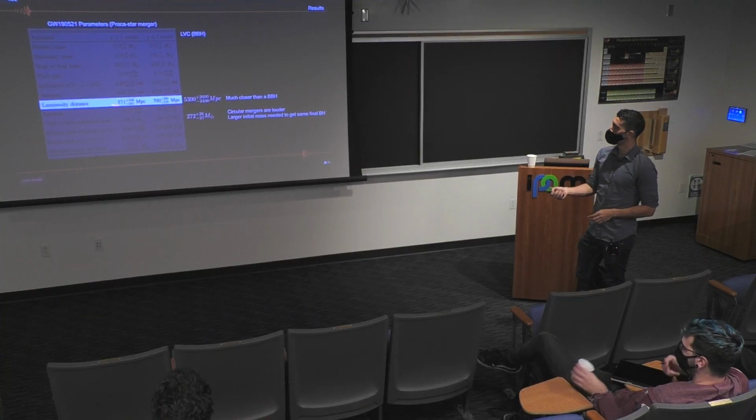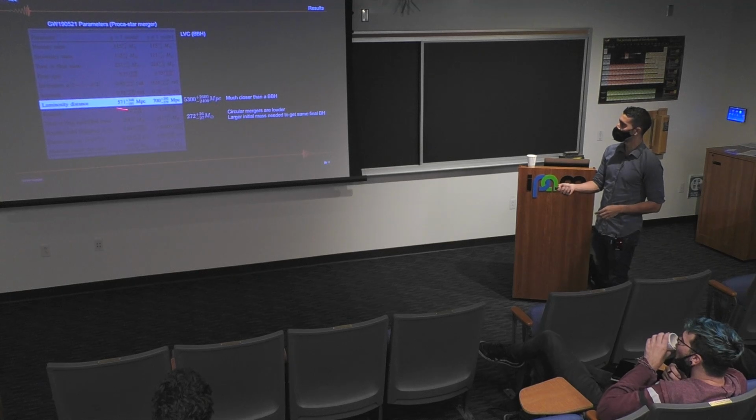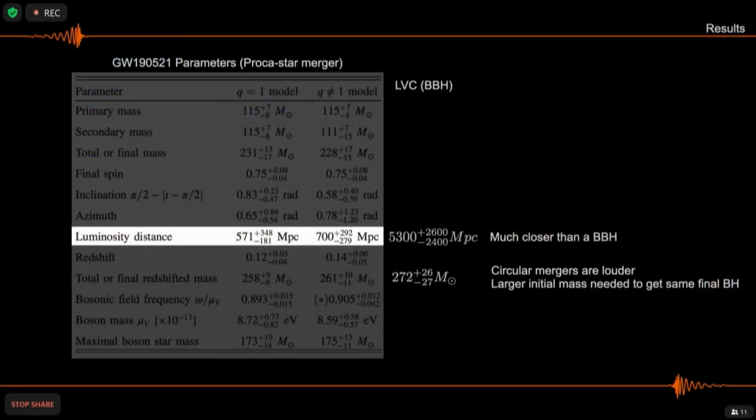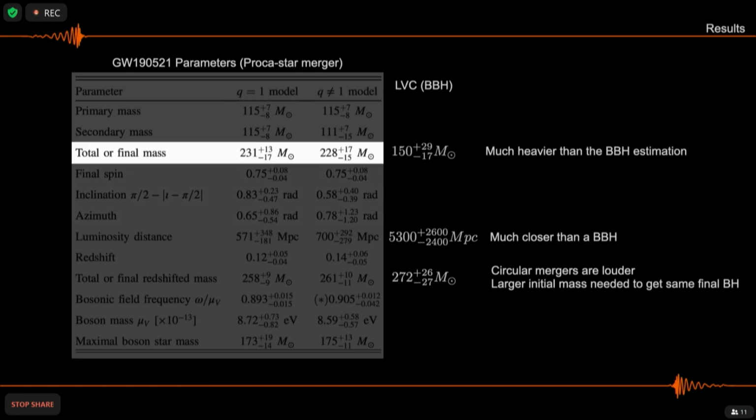Because the emission is much, much weaker, you're going to infer a distance that is much smaller. So it's a factor of 10 smaller. This distance is comparable to GW190521, for instance. And because of that, your redshift is going to be much smaller, which means your real source frame mass is going to be much higher. So this is 80 solar masses higher than the result from LIGO and Virgo. Anyway, the conclusion that the final object is an intermediate mass black hole is of course safe.